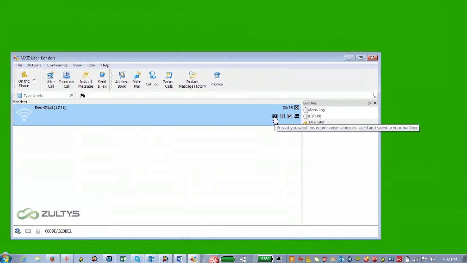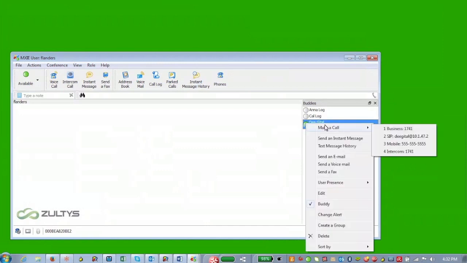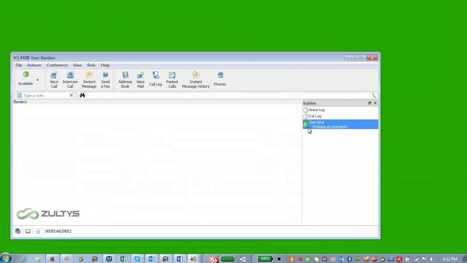And one of the unique features of our call recording is that if you have that, you can record the entire conversation, even all the way back from the beginning. So that's making a call and receiving a call. Now, in addition to making a phone call, I can also send an instant message. I can do that a couple of ways. I can go ahead and right click here. I can send an instant message, or there's a shortcut in the preferences to double click, and this is where you can say,